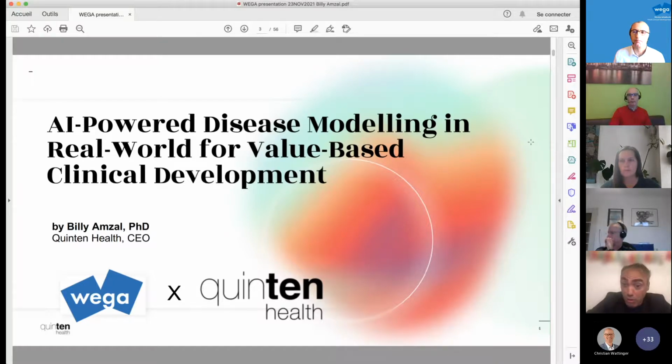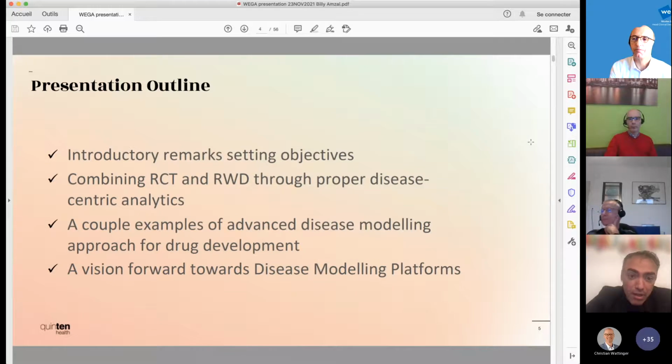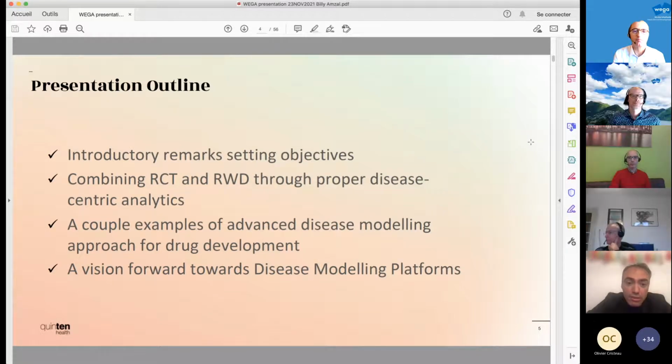So that's very value based, because obviously it helps making decisions around what should be my population, what should be my endpoint, what should be my positioning in terms of in the treatment sequence. So we'll look at all these aspects in this presentation, starting with introductory remarks to set the objectives of this large topic. So we'll try to focus it a little bit, and also explain how combining RCT and real-world data through proper analytics could help towards this